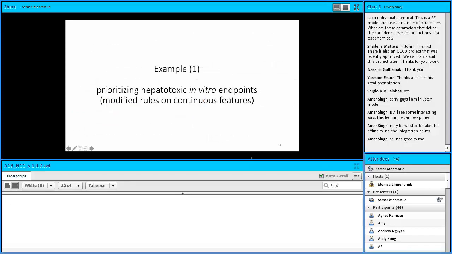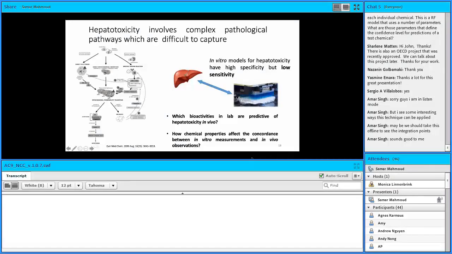So we would explore the use of these rules with constraint to prioritize in vitro assays for hepatotoxicity, as well as to understand polypharmacology and acute toxicity. For the first example, we used rule modification for prioritizing hepatotoxicity assays. Hepatotoxicity in general is a complex adverse event where it involves